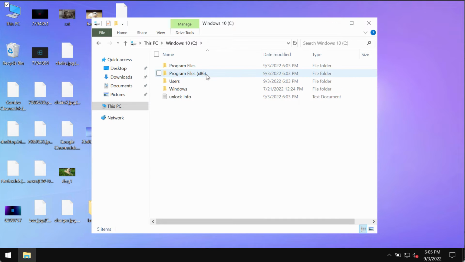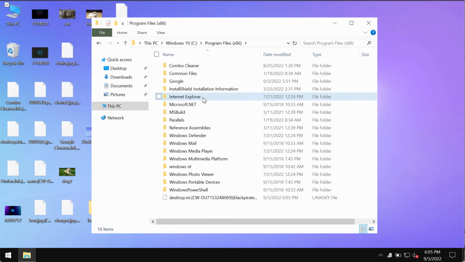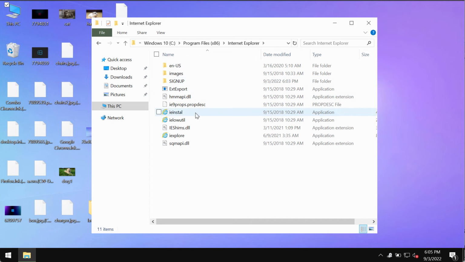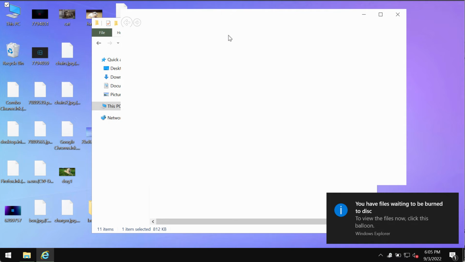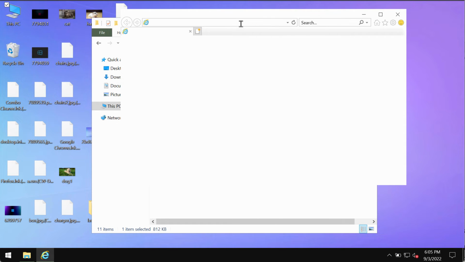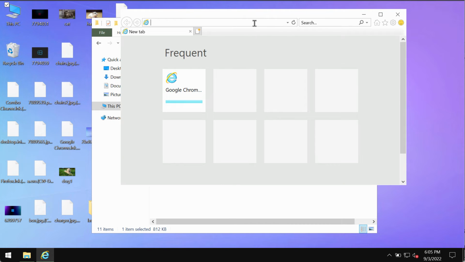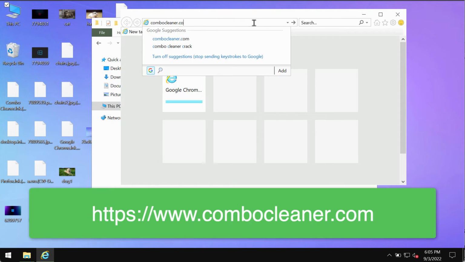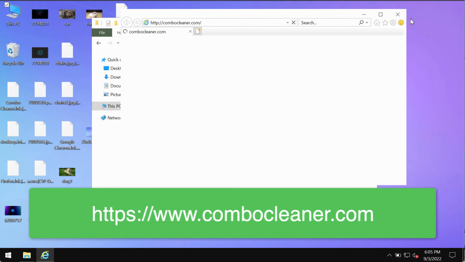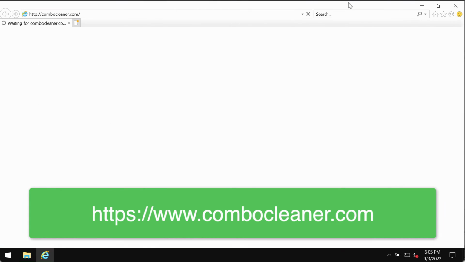We recommend you to immediately remove this ransomware with the help of reliable anti-ransomware software. We recommend you to use Combo Cleaner antivirus for this purpose. To download it, you will need to use Internet Explorer browser because other browsers and their desktop shortcuts may also be damaged by this ransomware. Therefore, go to the page